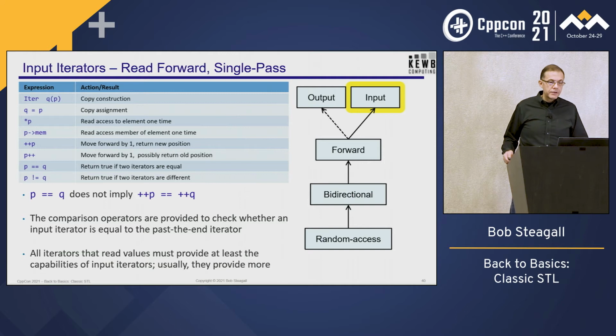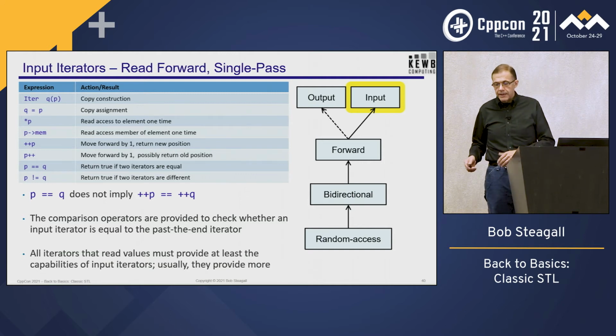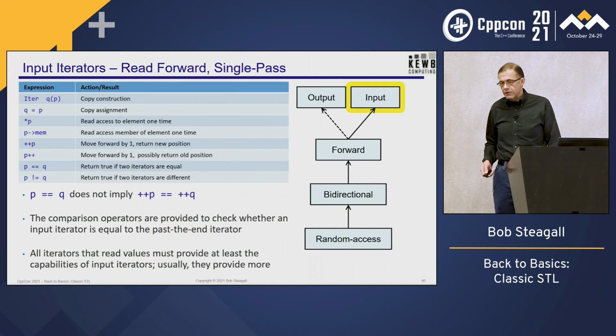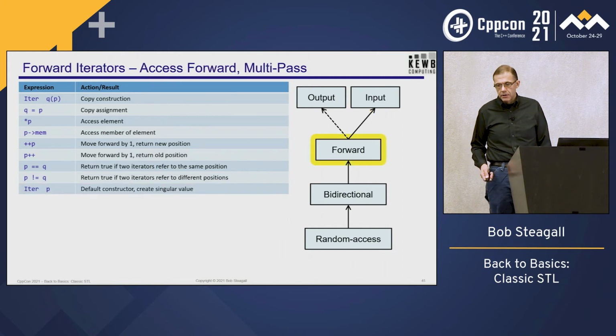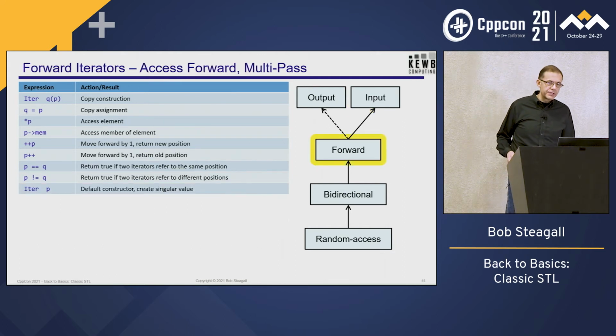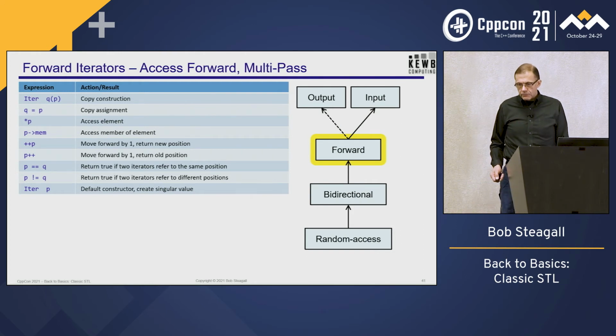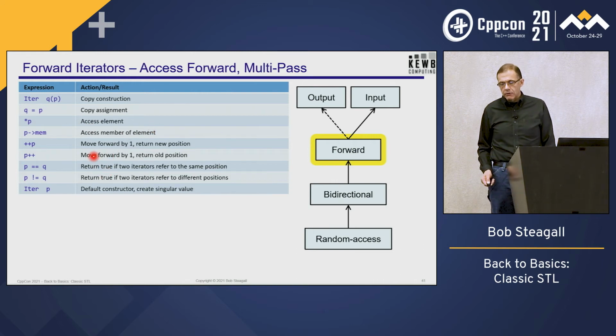So all iterators that read values must provide at least the interface that you see here, and usually they provide more. Now, the output and input iterators are only single pass iterators. When we get to forward iterators, things start getting interesting. Now we can access elements as many times as we like. We can move forward by one, and with forward